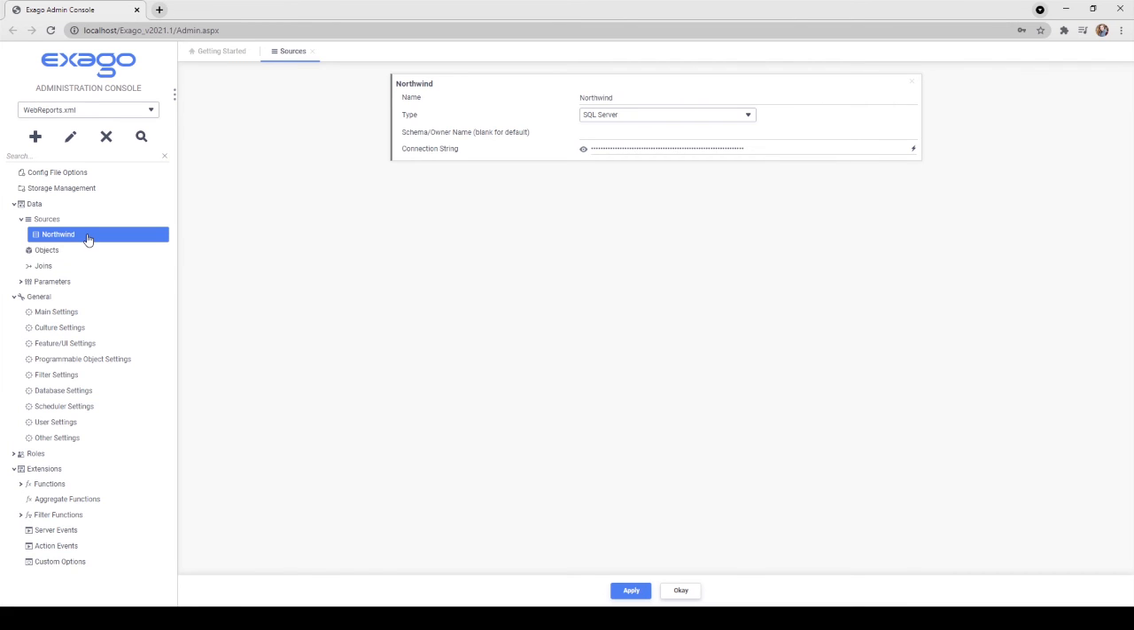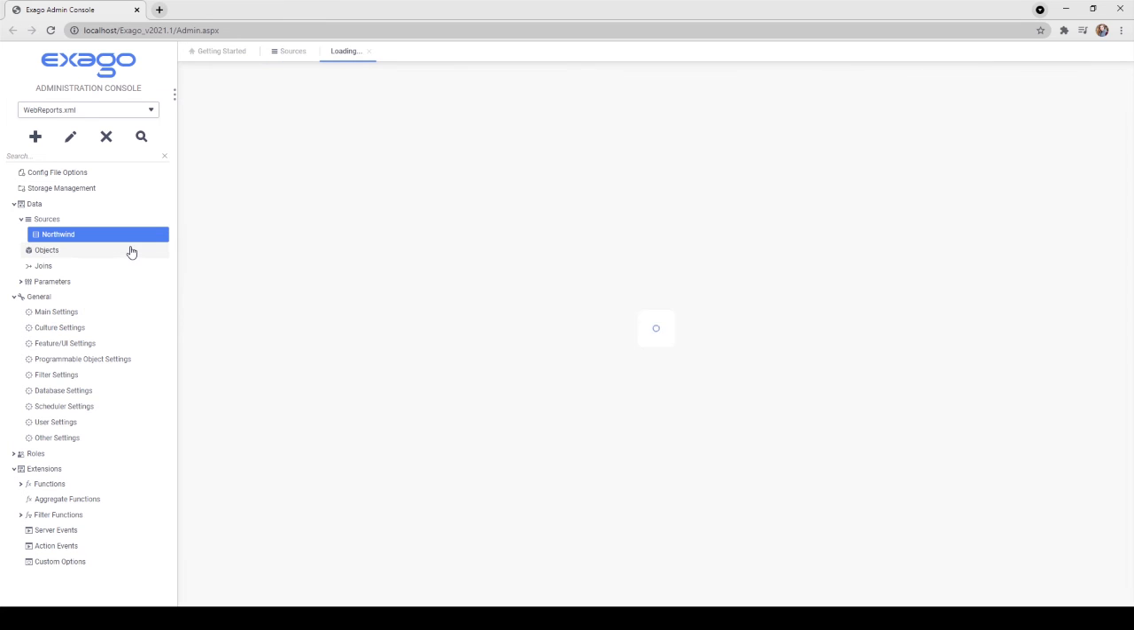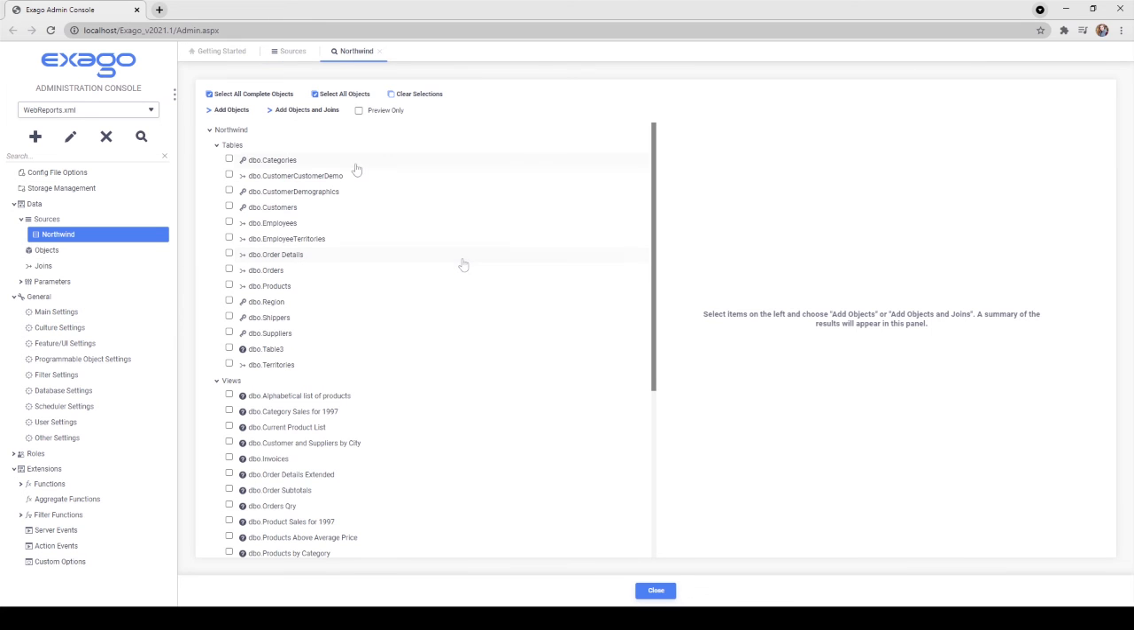Click the data source name in the left-hand menu, and then click Discover Database Metadata. Exago now reads the contents of the data source and opens up a new Admin Console tab with the results. In the New Discovery tab, we can choose to select all complete objects to select those with unique keys defined. This will limit the objects to tables only, or select all objects to select them regardless of unique key definition